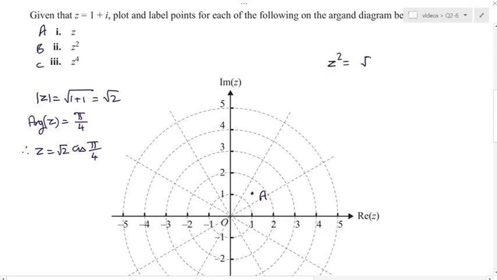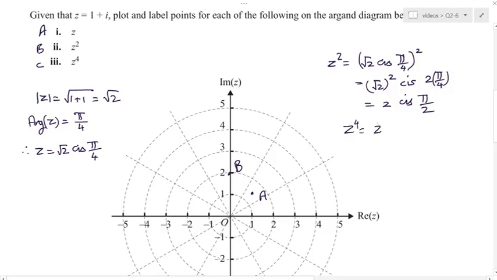z square is root 2 cis pi over 4 squared, and here I will need to use De Moivre's theorem, which tells me that this is equal to 2 cis 2 times pi over 4, which becomes 2 cis pi over 2, and so pi over 2 is here and 2 units is here, so that's my point B. And to find z to the power 4, I do square of z square, and that gives me 4